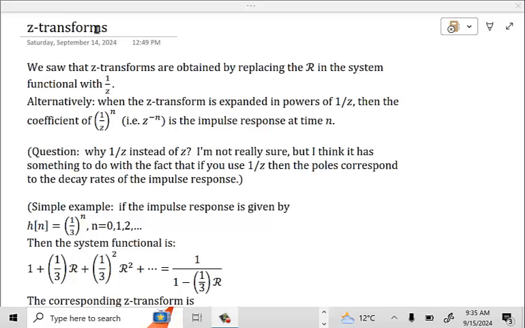All right, so let's begin with Z-transform. Z-transform is a transform of discrete signals. And we saw the idea of a system functional. The system functional tells you how the system responds to an impulse. I have an example of a system functional down here. What this says is that if I put an impulse into the system, then